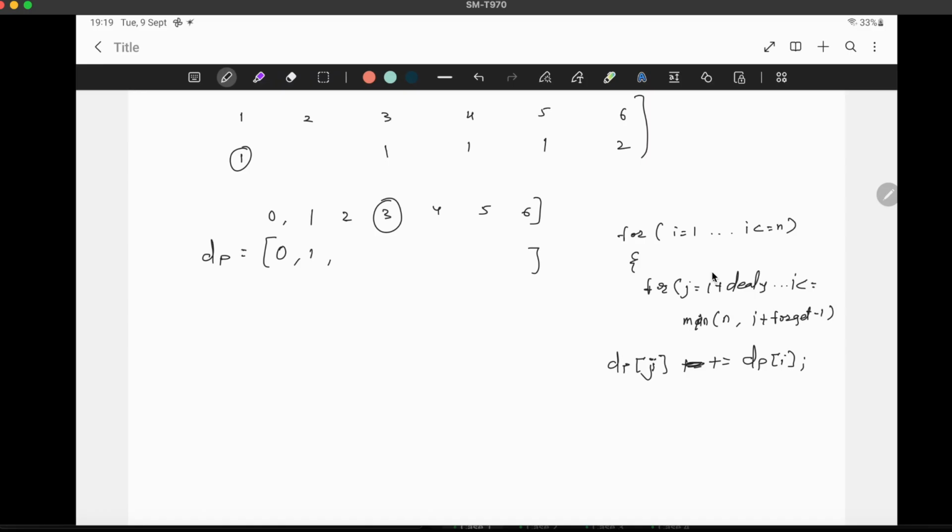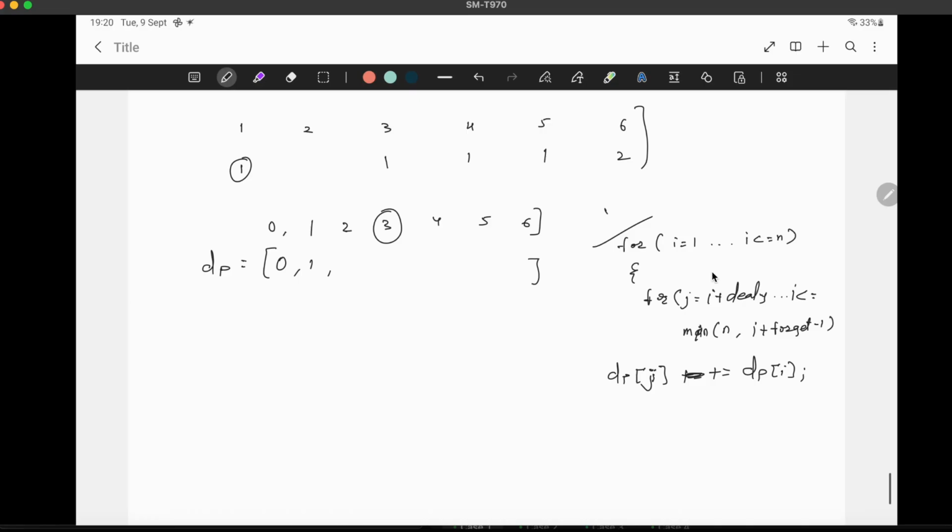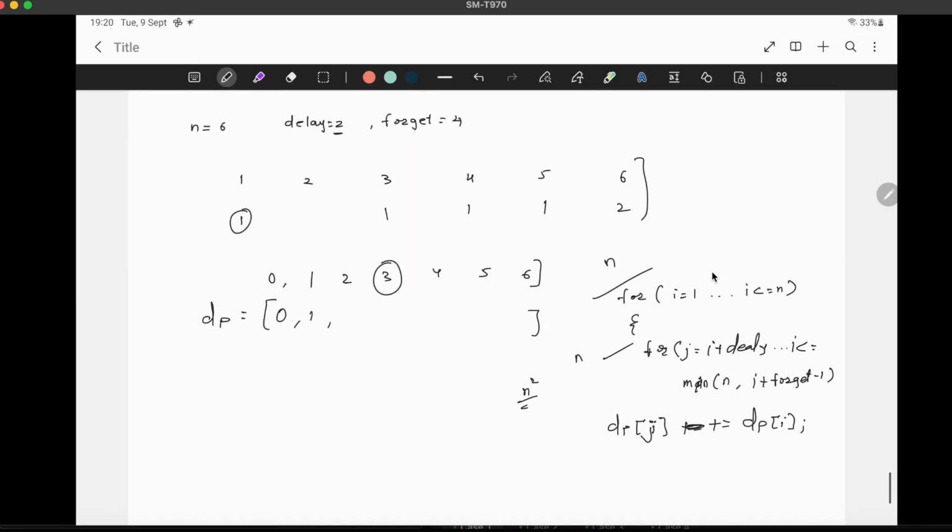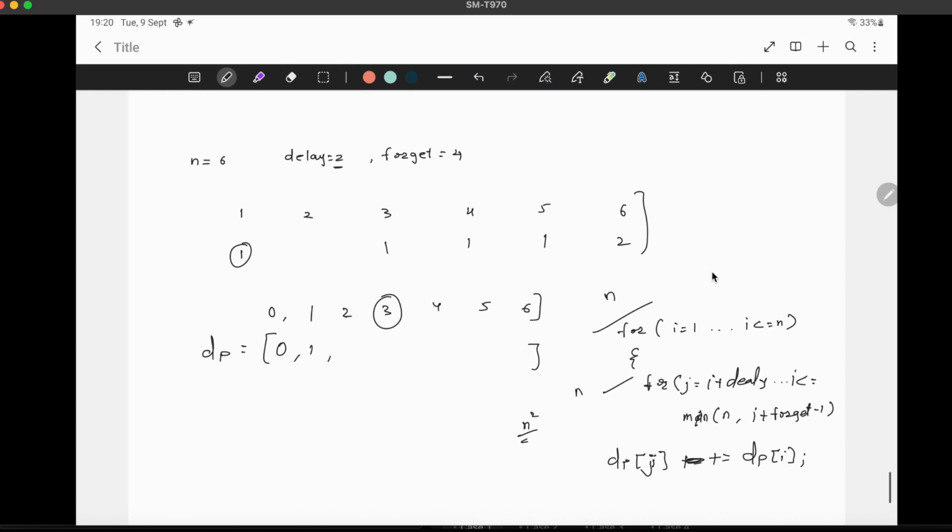So this was the pretty much straightforward simple code that we have to write. Here the first for loop will take n time and the second for loop will take n time, so in total n square is the complexity that we have. Now we have to calculate how many persons know the information, right? So whatever this n that we have, n minus forget plus 1